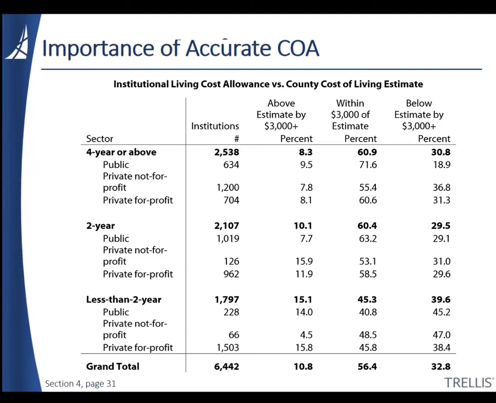If these estimates are set too low, students may not receive enough aid to reasonably afford food and housing while enrolled. Despite their best efforts, institutions may not accurately estimate these costs every time. The chart in this slide shows the results from a 2013 study that compared institutionally set costs against federal estimates of average rent, utilities, and food by county. About a third of all institutions nationwide had lower living cost estimates compared to the federal estimates.